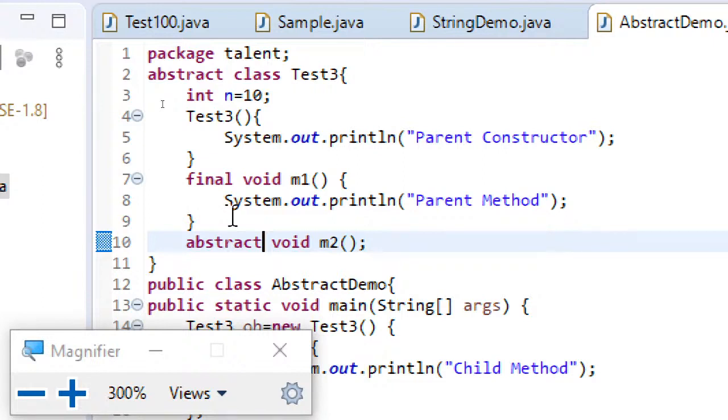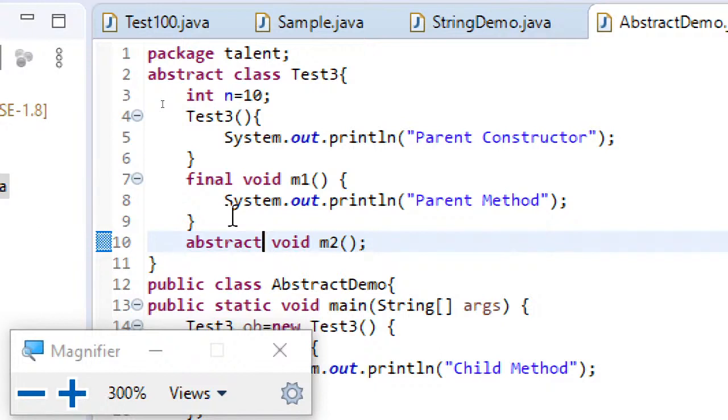Even though you do not have any abstract method, remember this point, the very last point with regard to abstract classes. Even though you do not have any abstract methods, you can still declare your class to be abstract. I think somebody might be feeling confused with the earlier statement I made. Initially I said that if your class contains at least one abstract method, then your class must be declared abstract. But not the other way around. So if your class doesn't contain even a single abstract method, you can still declare your class to be abstract.